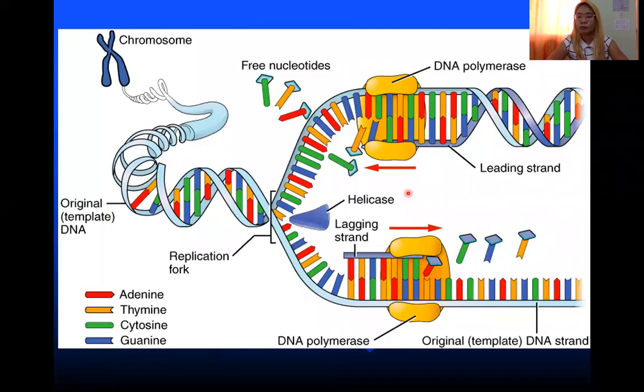Okay? So in this picture, ayan, the first thing that happens is that this helicase will unzip the DNA strand. At pag na-unzip niya na itong DNA strand, the DNA polymerase here will start attaching the free nucleotides. So for example, itong kulay blue, ang kapartner niya ay yung green. So yung green, ang kapartner niya yung blue. Yung red, kapartner niya orange. Ang idadagdag dito, green, green, red, orange, green.